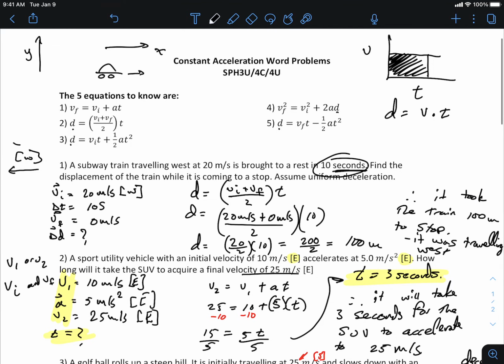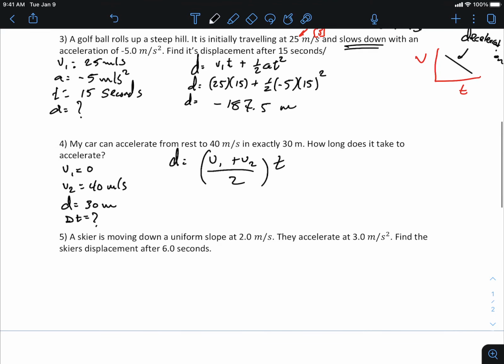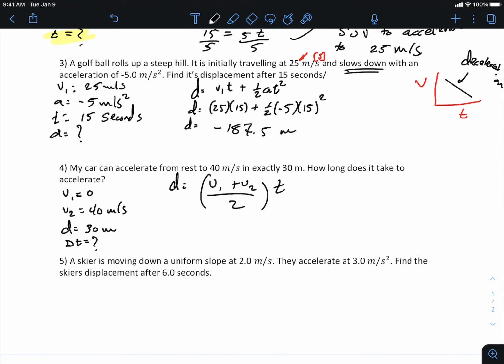I'm kind of liking this one. It looks like it's giving me all the information, or I'm using all the information that's given to me in the question, right? So we're like, okay, well, D is equal to (V1 plus V2) divided by 2, times T. Now, I'm just going to do this question a little bit differently because